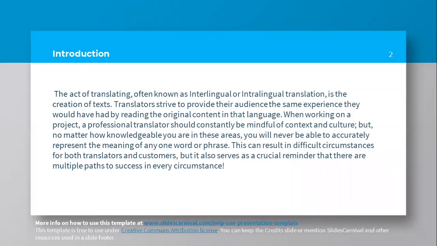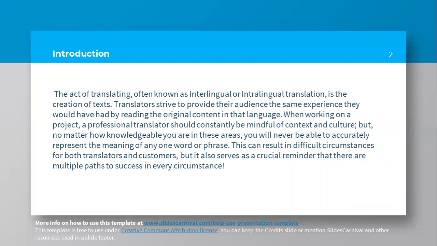As an introduction, the act of translating: what is translating? It is often known as interlingual or intralingual translation, the creation of texts. Translators like us strive to provide their audience the same experience they would have had by reading the original content